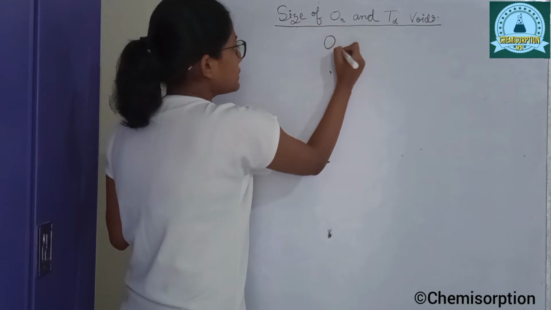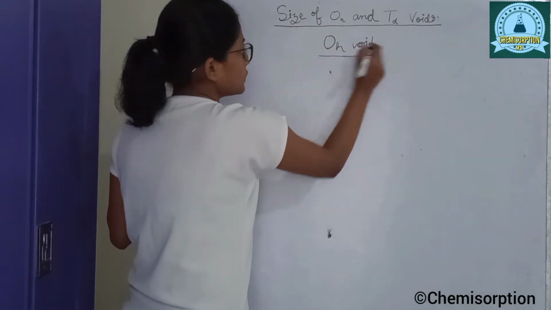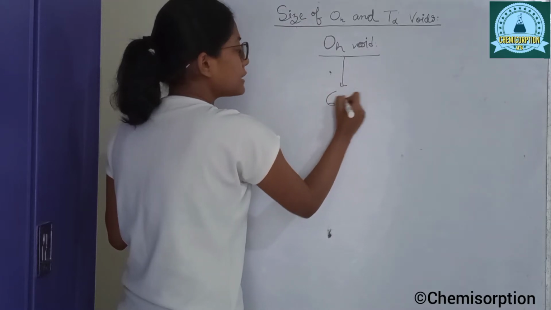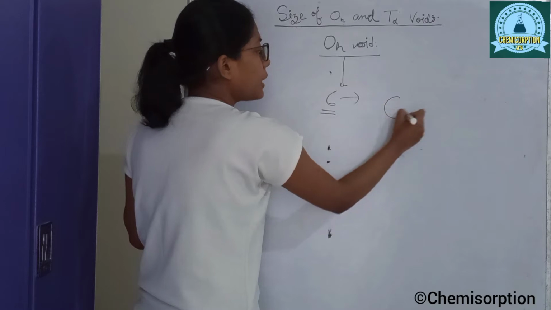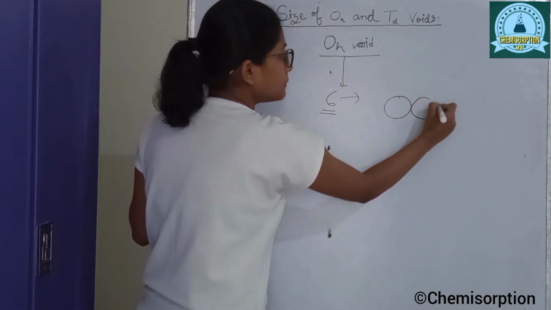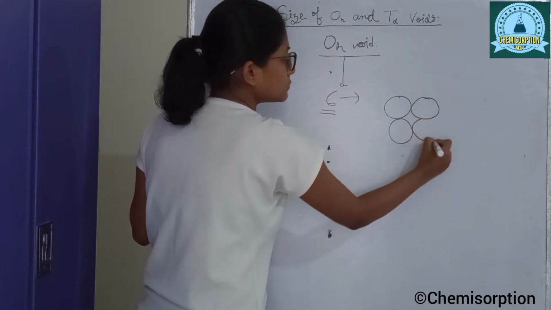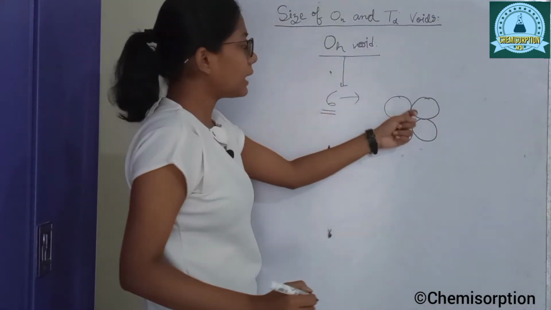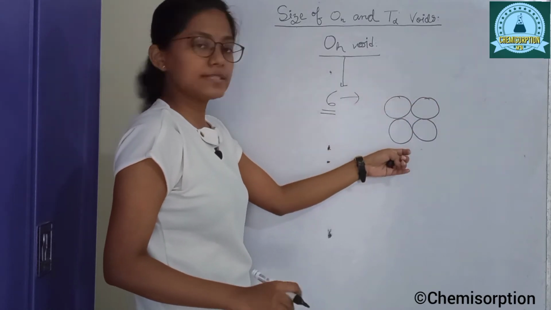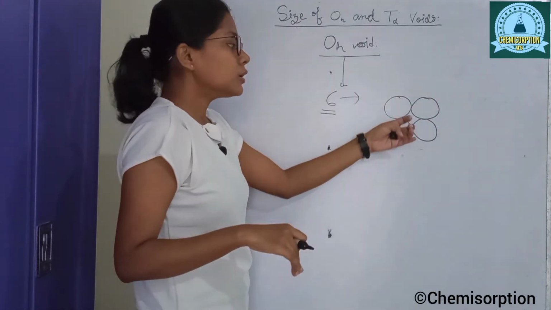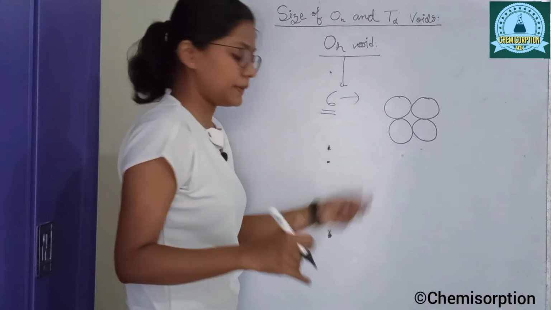First we will see this relation for the octahedral void. Now an octahedral void is formed by 6 spheres. Of these 6 spheres, 4 lie on one plane. One is above the plane and one is below the plane.